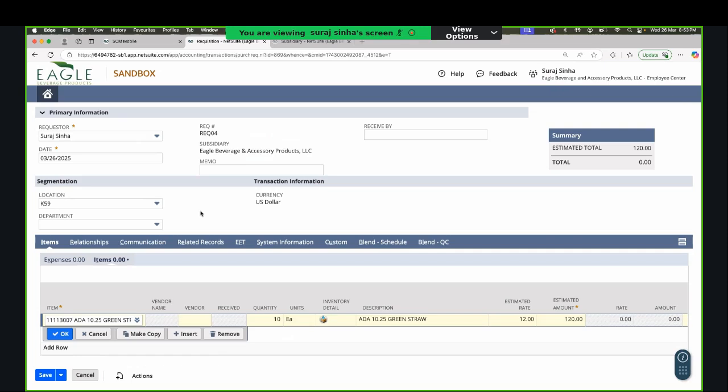Yeah, so let's just say we're buying something from Costco. We're going to buy some water, some Coke, some napkins, some plates, and so typically they would put in a requisition for these items. It doesn't necessarily mean that they're going to get them, but that's kind of what they would like. Generally speaking, a vendor has been set up in the system, but the item is not attached to